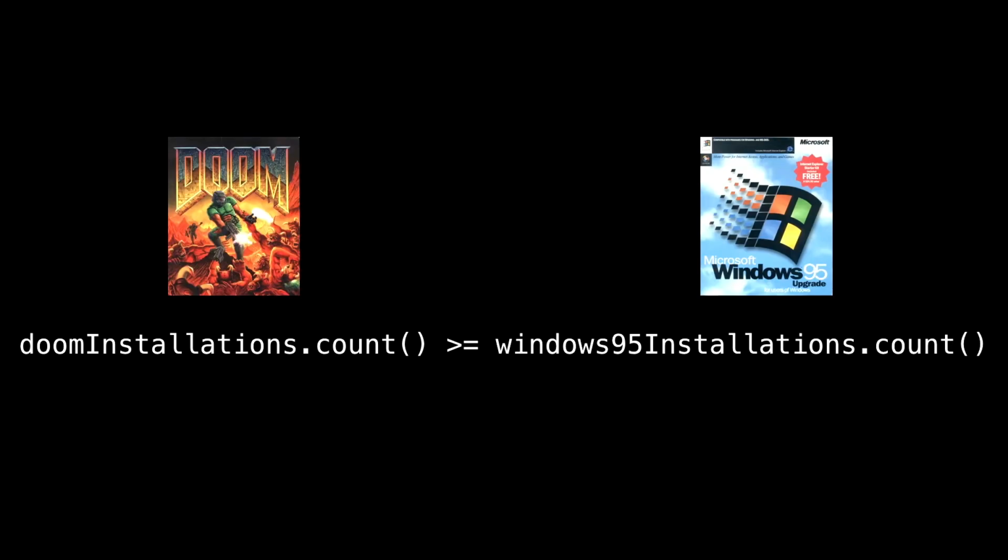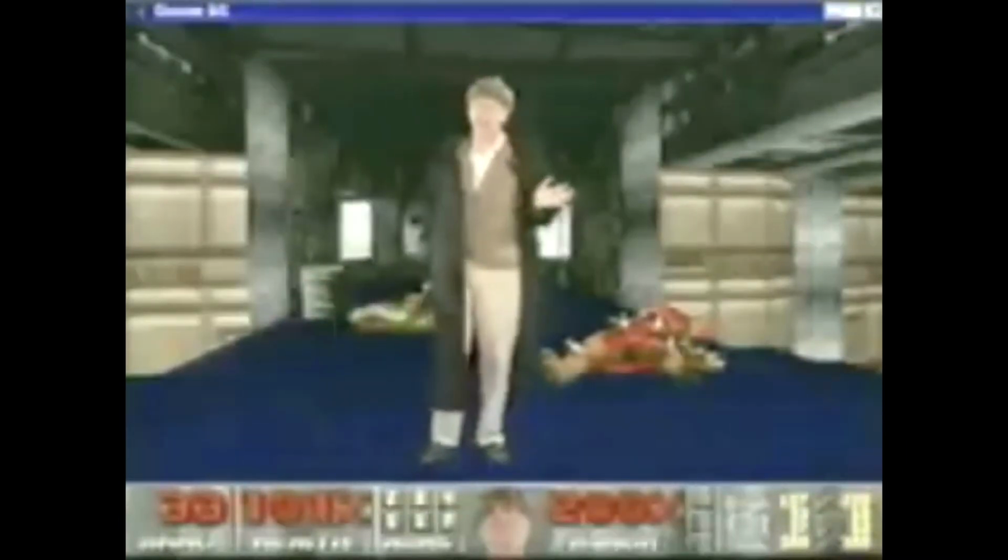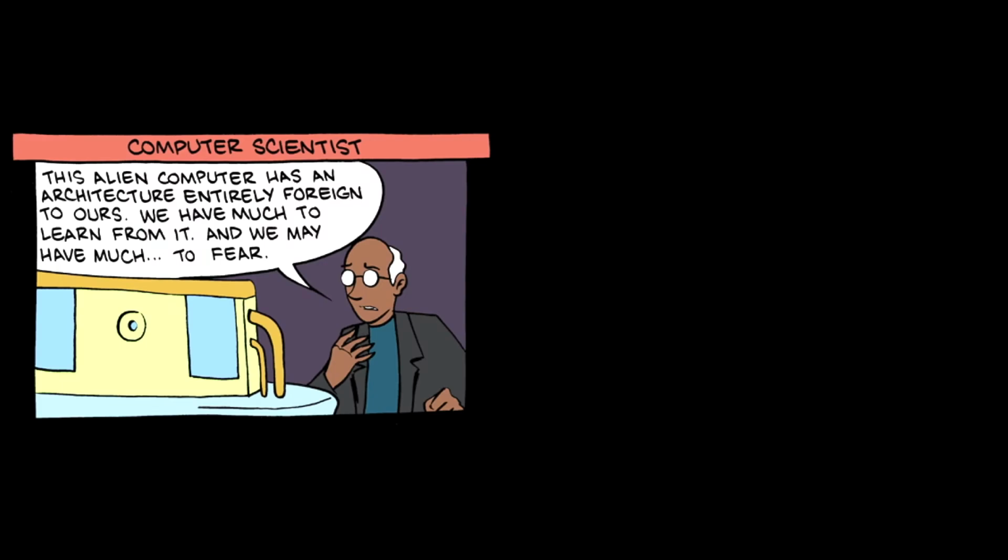Meaning that there were more installations of Doom than there were of Windows 95, which was one of the things that prompted Bill Gates to make this very strange promotional video promoting Doom 95, which was meant in turn to promote Windows 95 as a gaming platform. But of course, "It Runs Doom" became this massive phenomenon, and I love this comic where this computer scientist is